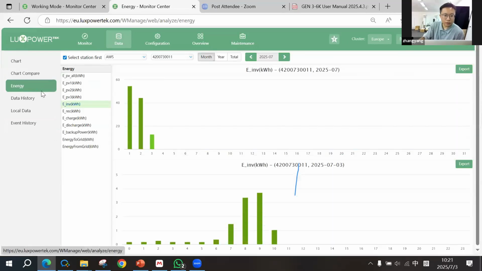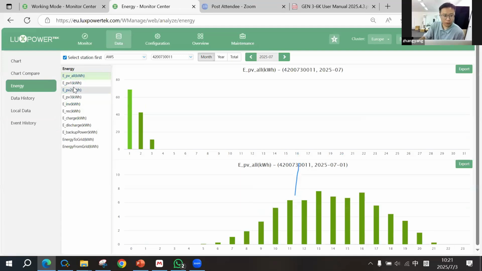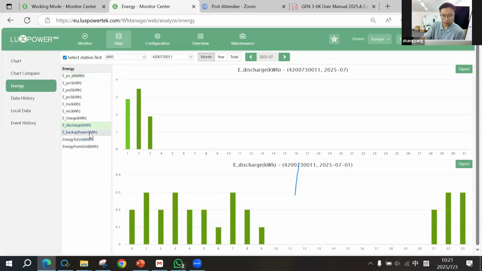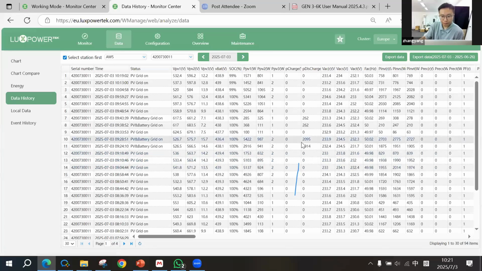And here is special for the energy comparison. Here's all the PVs and all PV charging and discharging. You can play around with it here. And the most important is this data history. And here you can see,